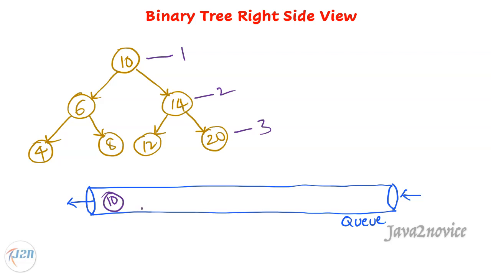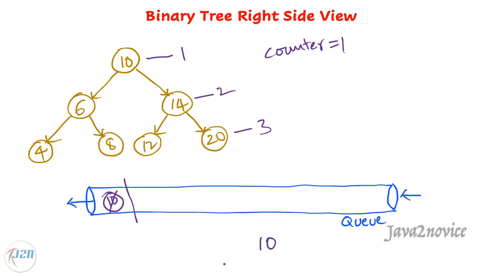We need to maintain a counter at each level. Let's declare a variable called counter. The queue size is 1, so our counter value is also 1 here. Till here it represents level 1. We will remove nodes from this queue until our counter becomes 0. Also, we will consider the first node as the right side view in each level. Let's do it. Remove the node. 10 is the node value. Since it is the first node in this level, let's track its value aside.